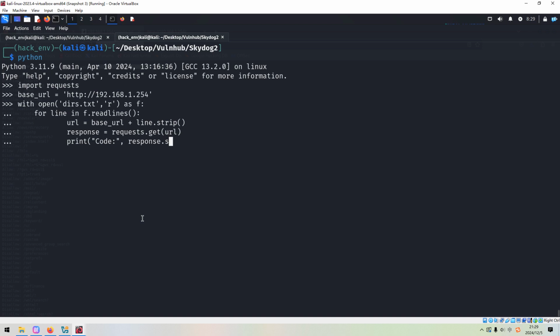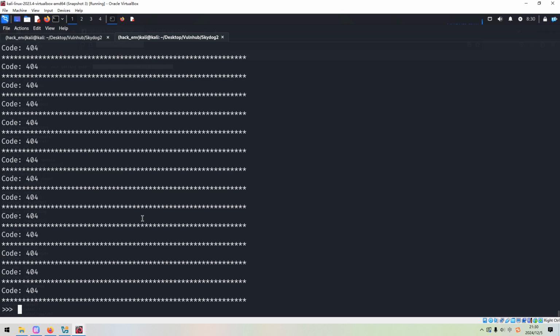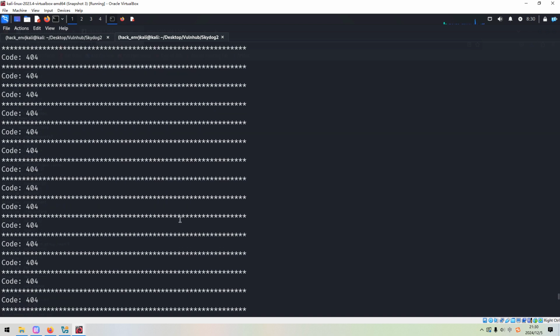response status code, and also we can print if the response status code is 200. It means that the request is successful, and then we can print out the content of the response, and also we can print some separator between each request. As you can see, all entries can be retrieved at one time. So this would be very, very efficient.